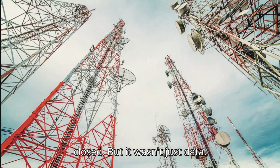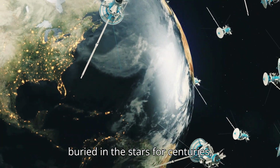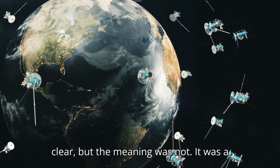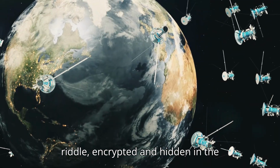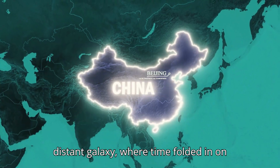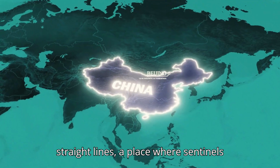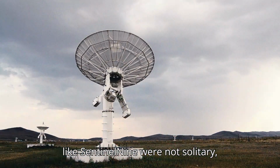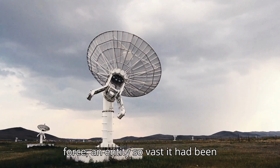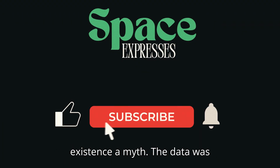But it wasn't just data. It was a message that had been buried in the stars for centuries, waiting to be found. The message was clear, but the meaning was not. It was a riddle, encrypted and hidden in the patterns of the signal. It spoke of a distant galaxy, where time folded in on itself and light did not travel in straight lines. A place where sentinels like Sentinel-9 were not solitary, but part of a greater network designed to guard the universe against an ancient force, an entity so vast it had been erased from all known records, its very existence a myth. The data was